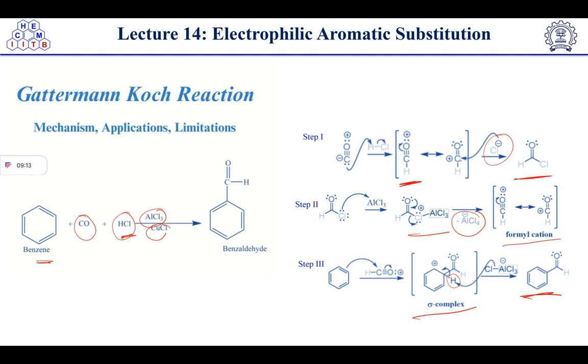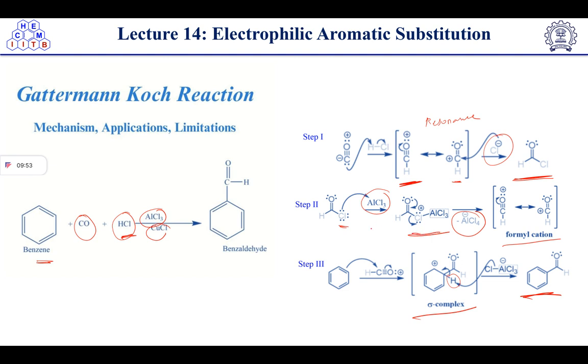And this intermediate can be written in this form also. Both are resonance structures of each other. So after this resonance structure, this chloride ion will trap the electrophilic center, this carbon. So after this one, it will look like this formyl chloride, okay, acid chloride. Now after this one, the next step is formyl cation formation, where AlCl3 will be attacked by this chloride ion, and it will form this intermediate.